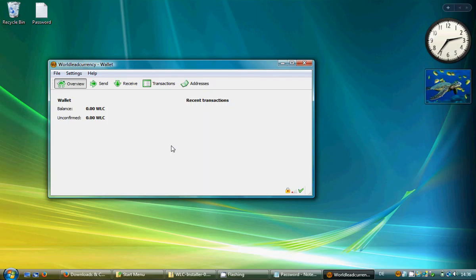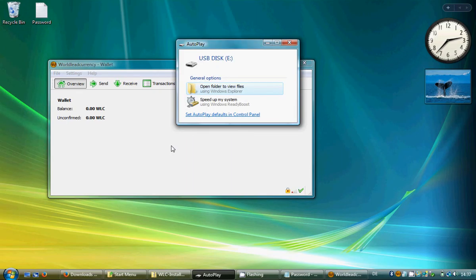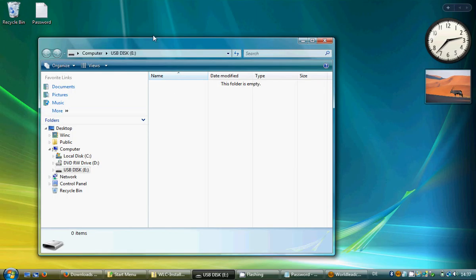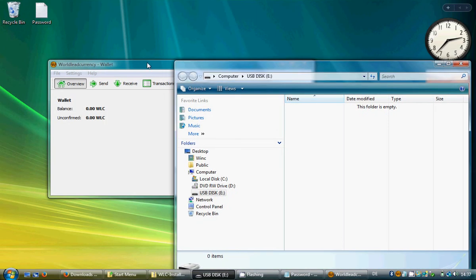But as I already said, right now my wallet, or my account, is only stored on this personal computer. I also want to store it on a USB stick, because the hard disk can break, or it can be lost in a fire or something else. And for the day-to-day use, it could be enough to secure it like this. But if I have a high amount of VLCs, it's always recommended to store your wallet somewhere else. I insert a USB stick right now. Open it, and now